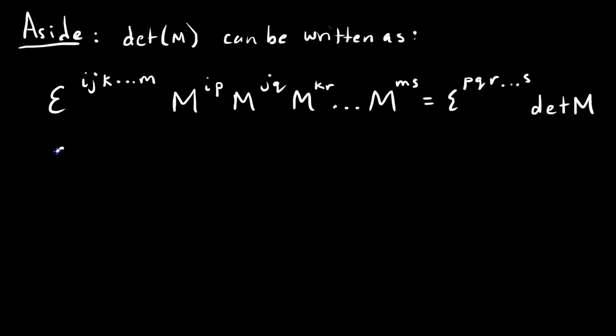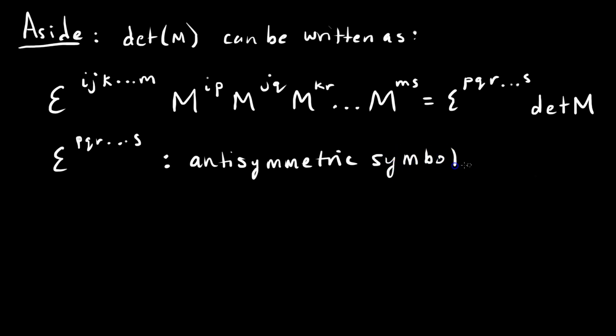What is epsilon? Epsilon PQR ... S is known as the anti-symmetric. Well, some people call it a tensor, some people call it a symbol. I won't confuse you guys, so I'll just write symbol. So this is the anti-symmetric symbol. And the way it's defined is like this. Epsilon, if we have a collection of terms L and M, is equal to negative epsilon if we switch them,